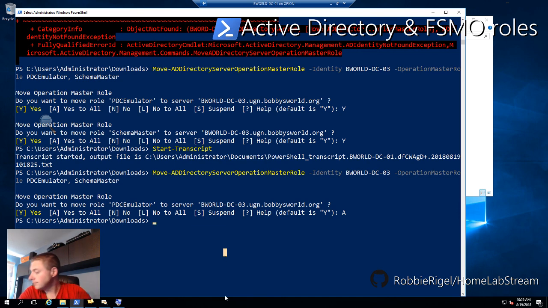Okay, so moving along here. So we transferred FSMO roles to domain controller 3 here. And then if you ever want to see the Active Directory commands, apparently that's not an option in the Active Directory domain controller command. In most of the Active Directory commandlets,